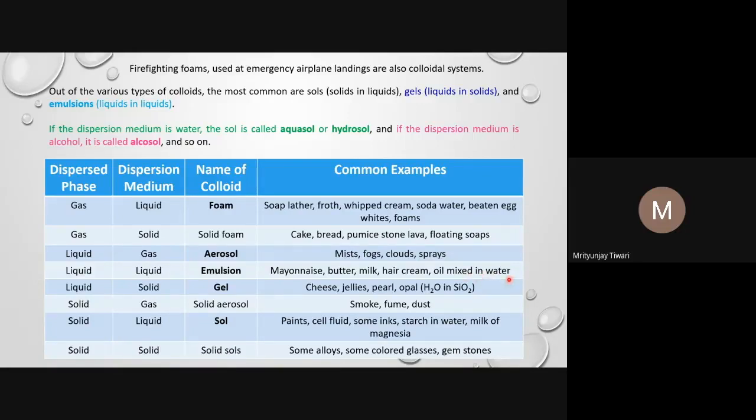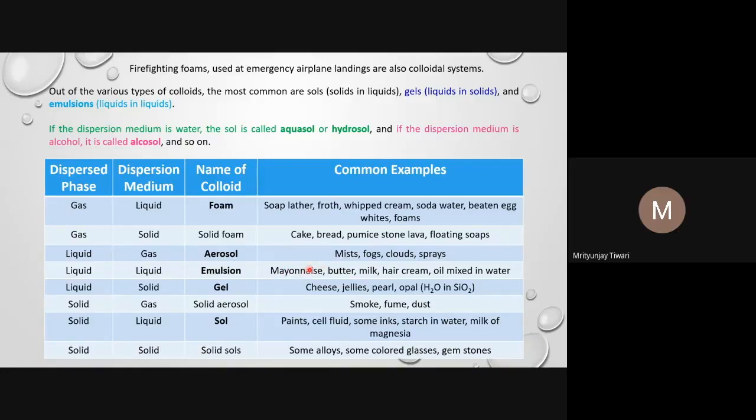So the oil mixed in water is one example. And for the emulsion, one thing is that we also need some emulsifying agent to make this emulsion stable. Like for the milk, the casein protein is present as the emulsifying agent. And because of the presence of casein proteins, the dispersed phase and dispersion medium do not get separated out. In mayonnaise, we use egg yolk as the